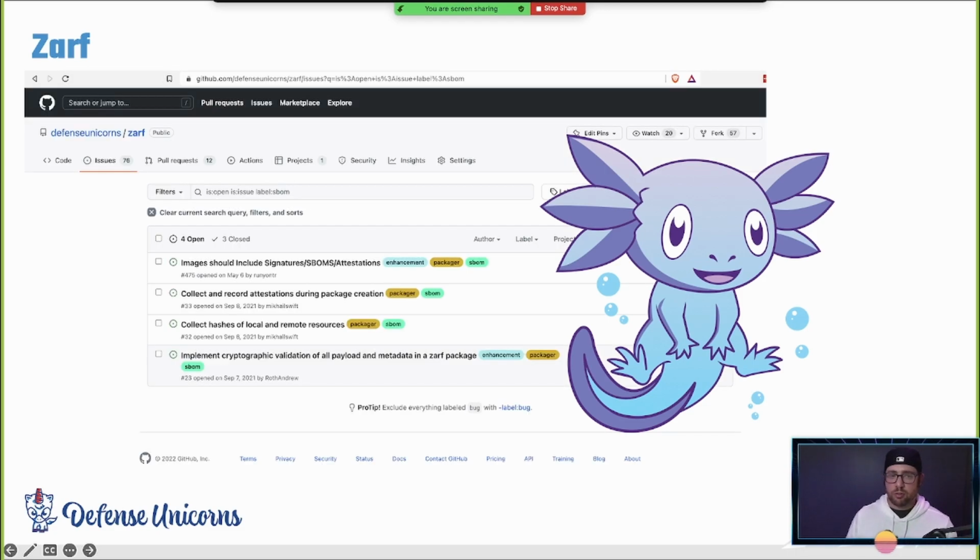if you want to see this for yourself, you can just go to the Defense Unicorns Zarf GitHub, look at the issues, and just filter for the SBOM label. So anything that we're thinking about in the SBOM world, what we're going to develop next, and these are actually pretty high up on our backlog, is to be able to include full attestation, as well as for not just images, but for any binary. So RPMs, for example, if there's an SBOM available for it, we'll be able to ingest that, include it in the package, so you can actually make decisions about your software in production, not just against container images, but against any